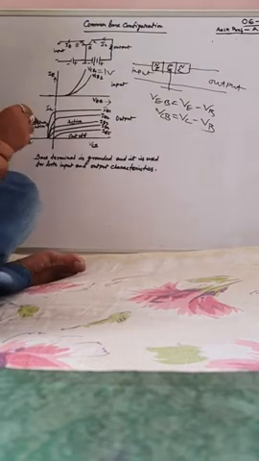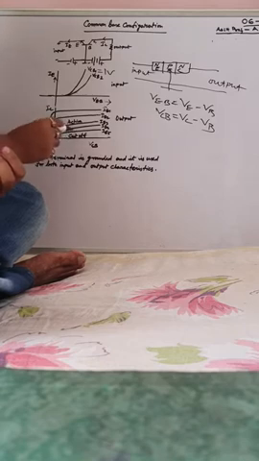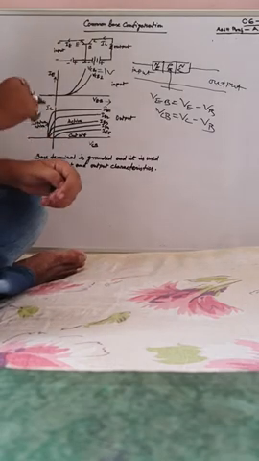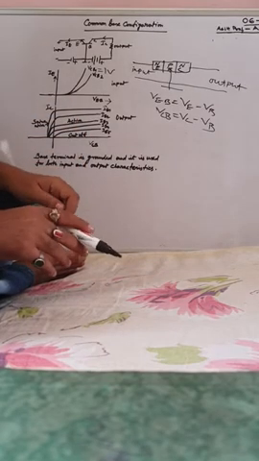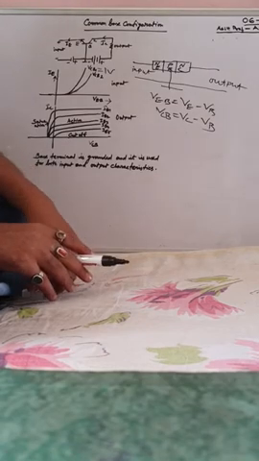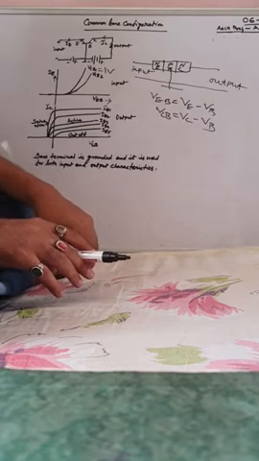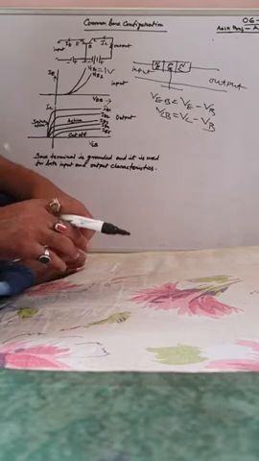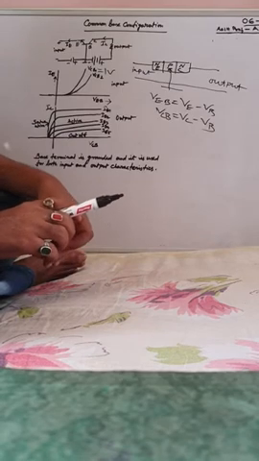See carefully, the curve does not start exactly from the origin, but slightly away from it. This is your cutoff region, this is your active region, this is your saturation region. This is known as the early effect, where the collector base junction is reverse biased and the emitter base junction is forward biased. Base is the thinnest region with the lightest doping. Emitter has the highest doping. The doping of the collector is greater than base but less than emitter.